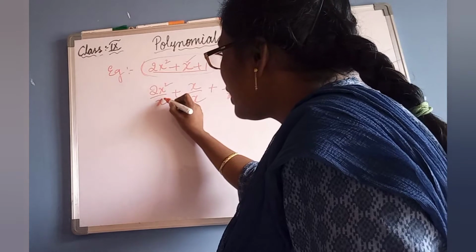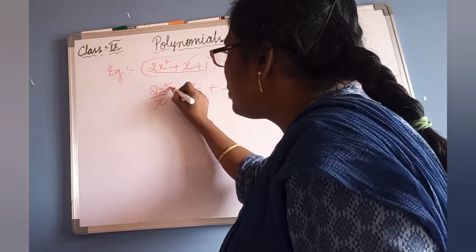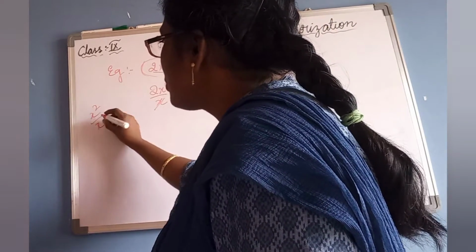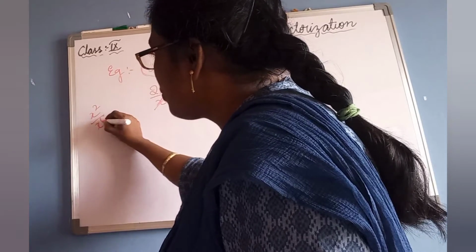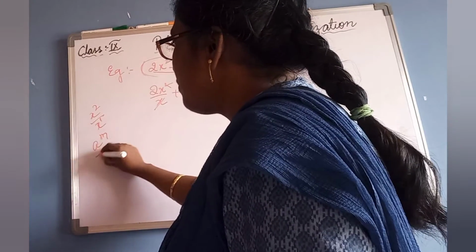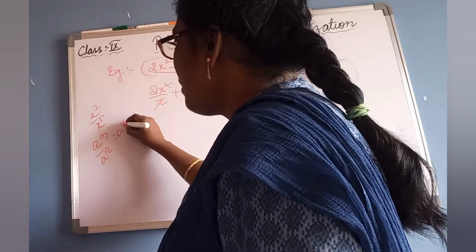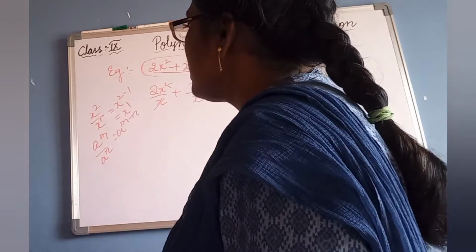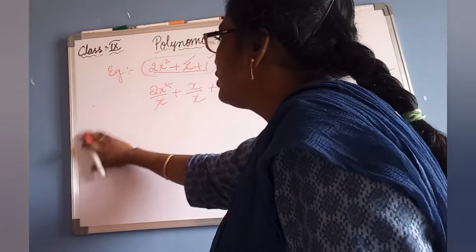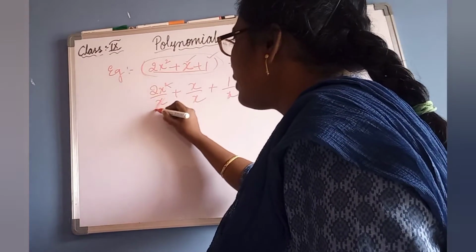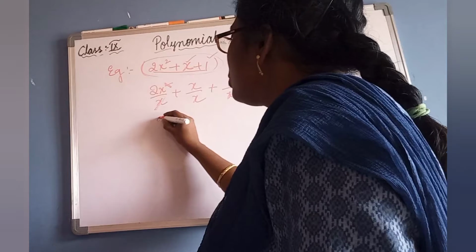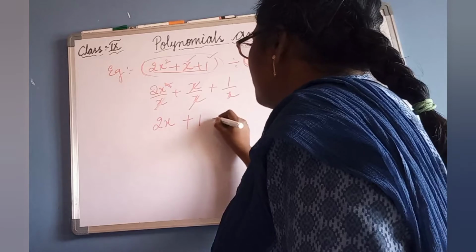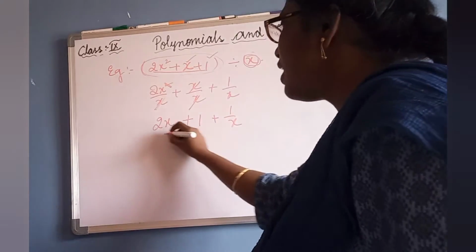Now, the single x and x will cancel. Let me explain in detail. If nothing is written, the power is 1. So a to the power of m divided by a to the power of n is a to the power of m minus n. So x to the power of 2 minus 1 is x to the power of 1. In that way you can do it, like directly we used to cut one x. So 1x will remain: 2x plus, this x and this x cancel, 1 plus 1 by x. This is how finally we got it.